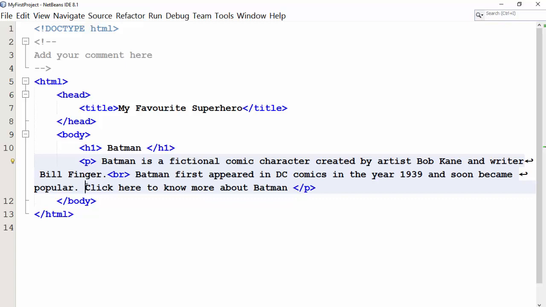In the previous lesson, you learnt about attributes. Now we will learn how we can use an attribute to create a link. A link is created using the HTML anchor element. The anchor text is enclosed within a container, and we use the href attribute to specify the location of the page we want to link. The value of the href attribute is the URL of the page that we want to link. Href stands for hypertext reference.